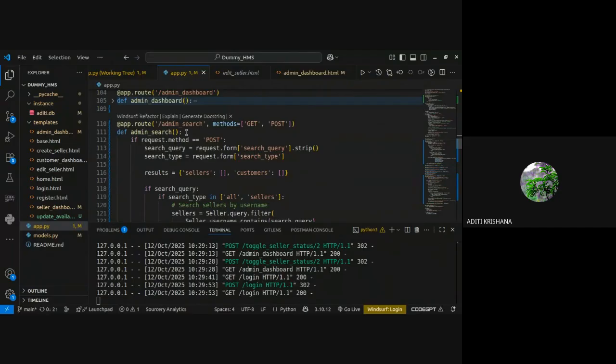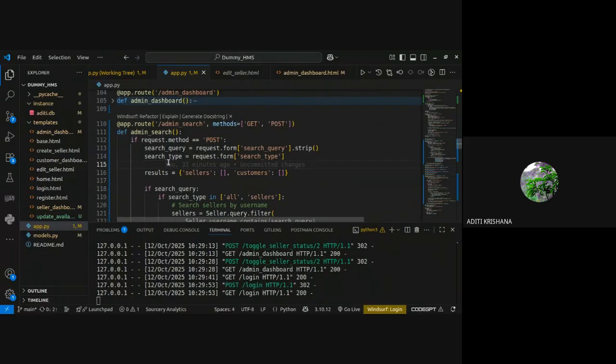We have created the function and now we are requesting the POST method, and inside we have created two variables, that is search query and search type. When I show you my search functionality, I am selecting two things.